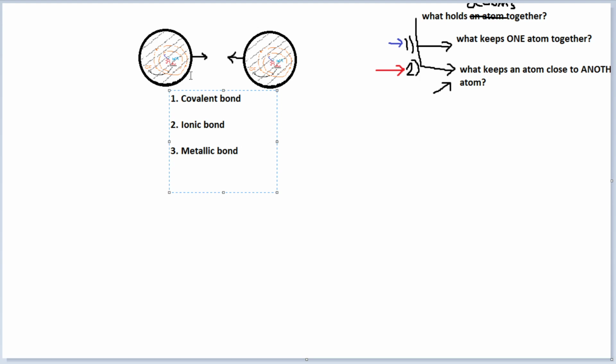Even though the atoms might look identical, in other words, the picture you have for this atom is the same as the picture you have for this atom, that just means they are atoms of the same element. But it's still 2 separate atoms in physical space. They can be held close to one another by these 3 things. And that's it. There are no other options. What do we call these 3 things? All together, these 3 things are called chemical bonds.